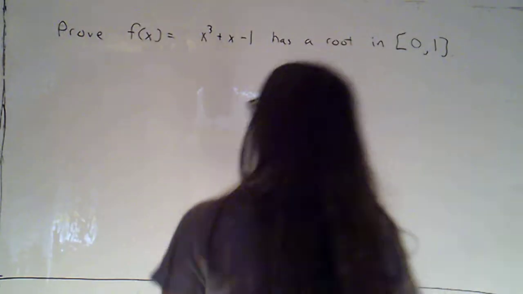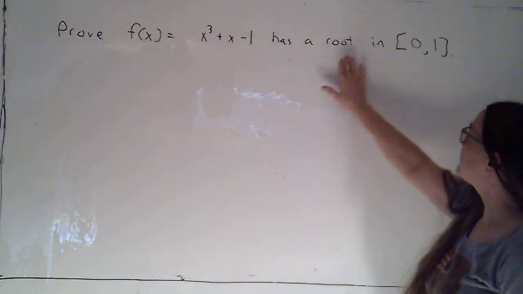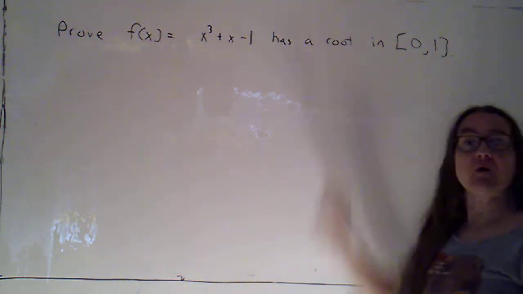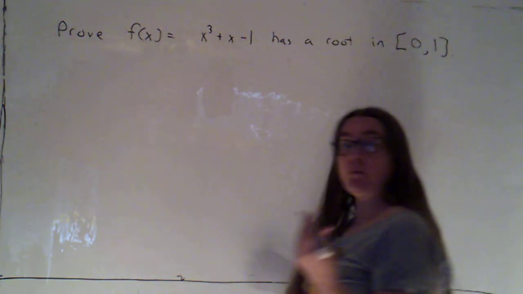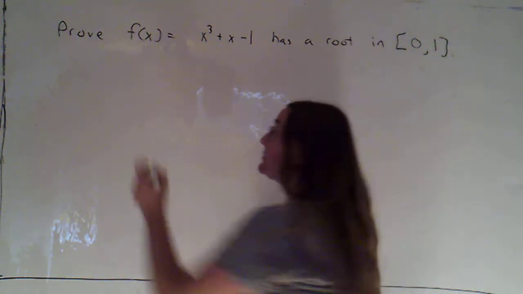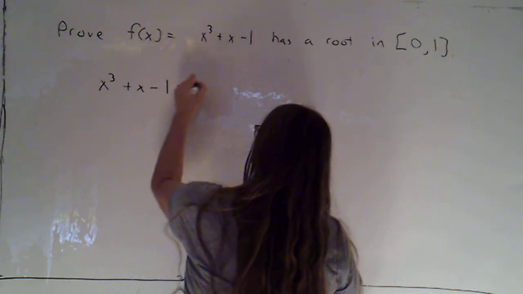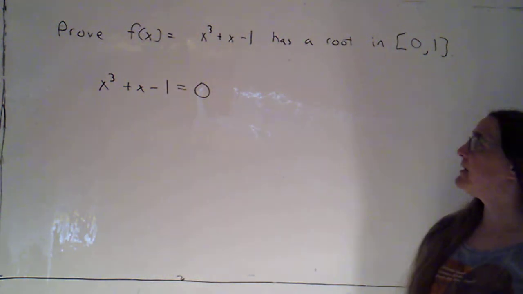Problem up here on the board. We want to prove that f of x equals x cubed plus x minus 1 has a root in the interval from 0 to 1. A root is sometimes also called a zero. That's just going to be an x value so that when we plug it in, the function value is 0. So we're basically looking for a solution to this equation, that x cubed plus x minus 1 is going to